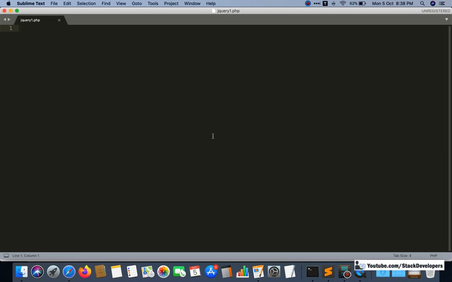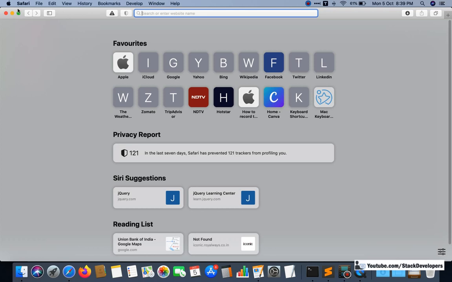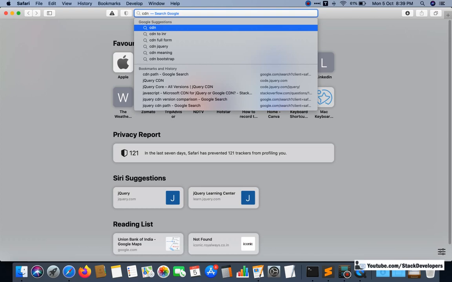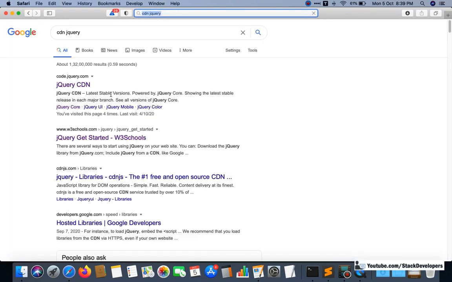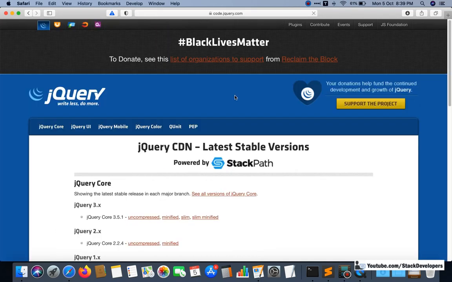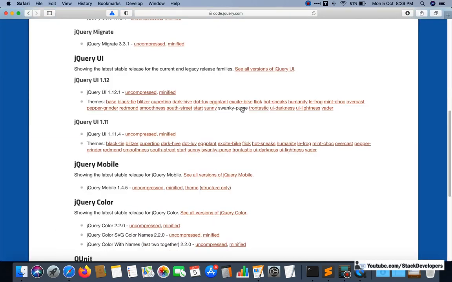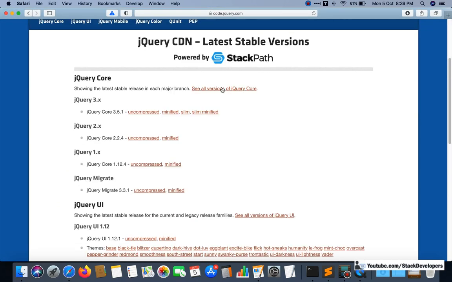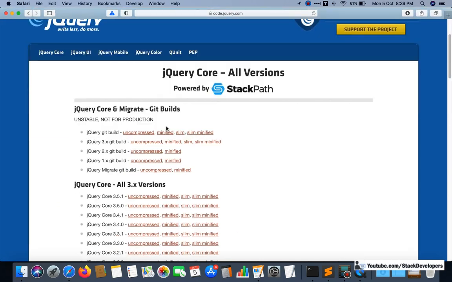Here I am going to write the HTML code, and for adding jQuery we will add its CDN path. We can get the path from jQuery.com, where you can see all versions of jQuery, and we can install any of the versions.